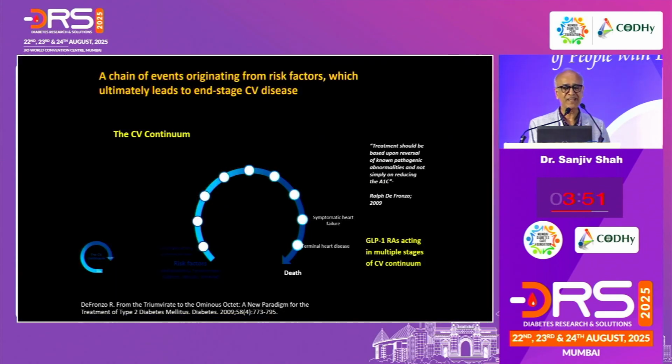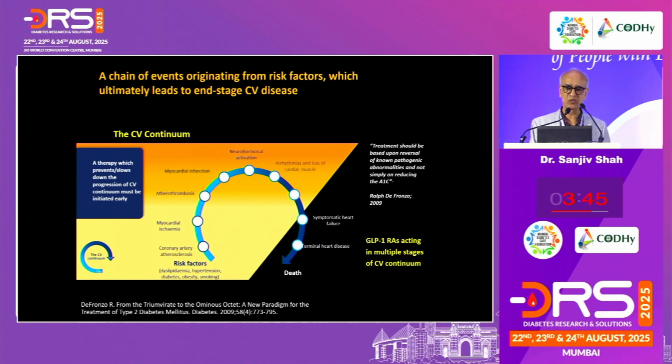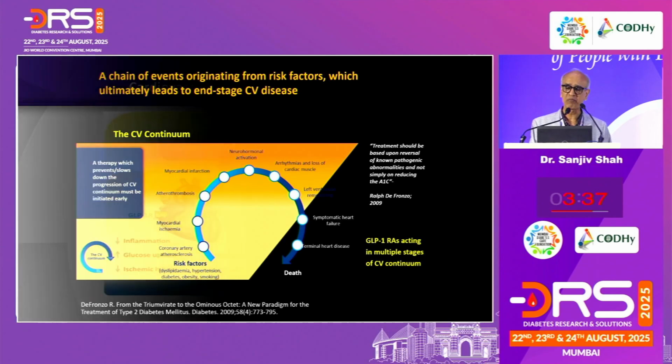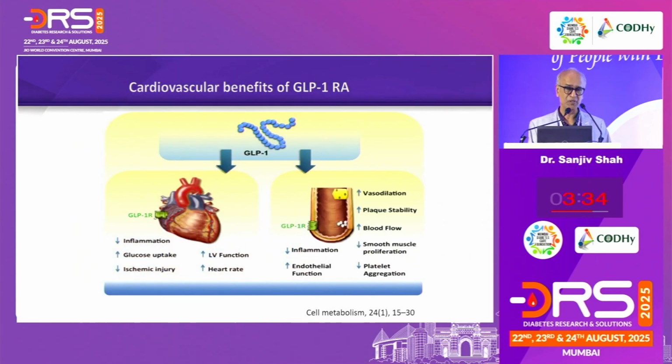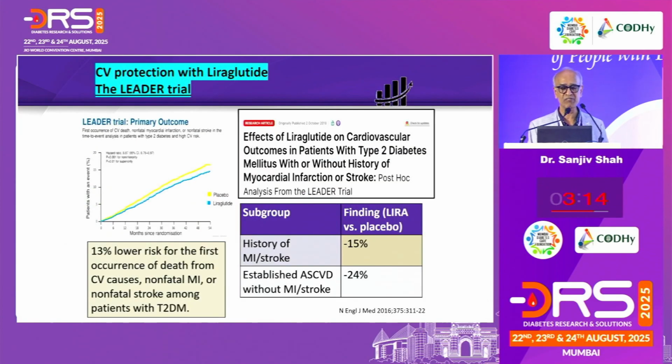Finally, going beyond glycemic efficacy, more than 70% of our patients with adiposity will have so-called atherosclerotic cardiovascular disease and the presence of comorbid factors which would eventually result in cardiorenal disease. And so the benefit of GLP1RA beyond glycemic efficacy would be at all levels of mediation of cardiovascular and renal disease. And this is what was seen in the LEADER trial, 1.8, 4 years follow-up, 14% risk reduction seen, but